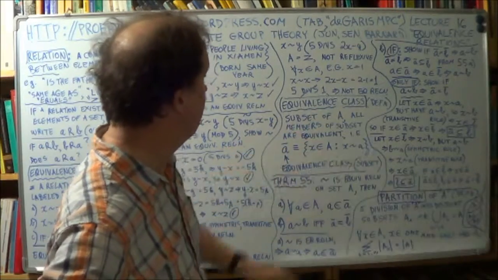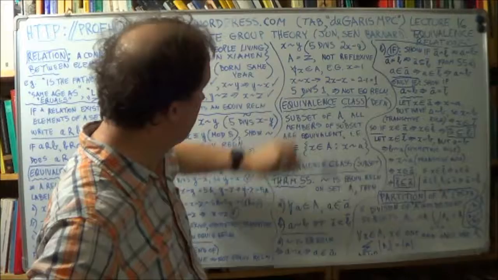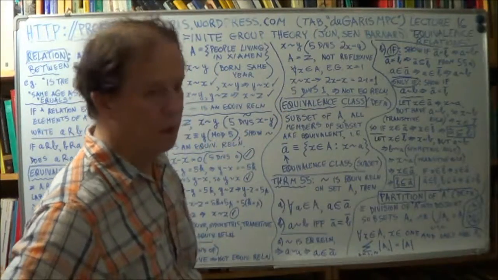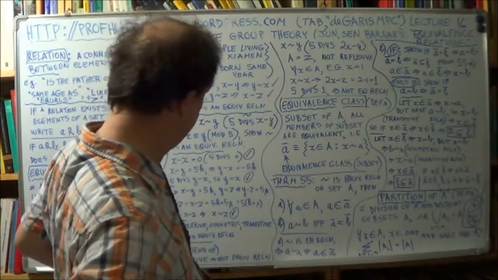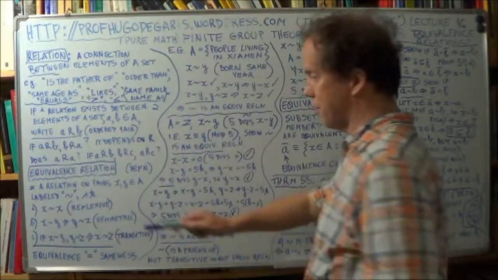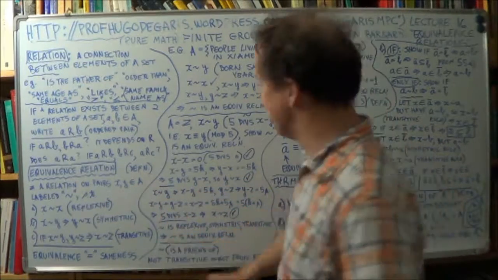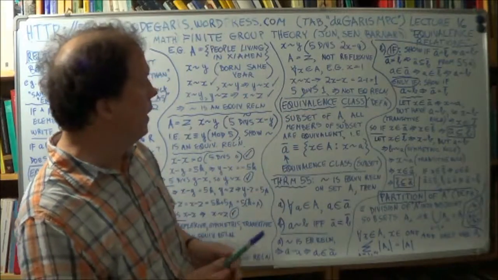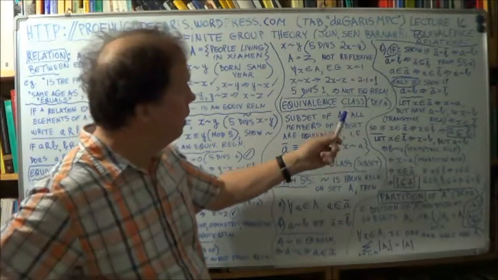Okay. New concept. So you've got the idea now, I hope, of what an equivalence relation is. It has to satisfy those three properties: that it's reflexive, symmetric, and transitive. Okay, so a new concept now: the idea of an equivalence class, and what's meant